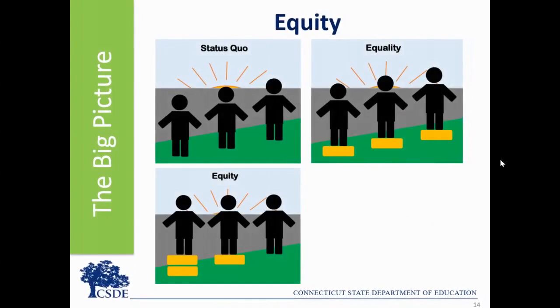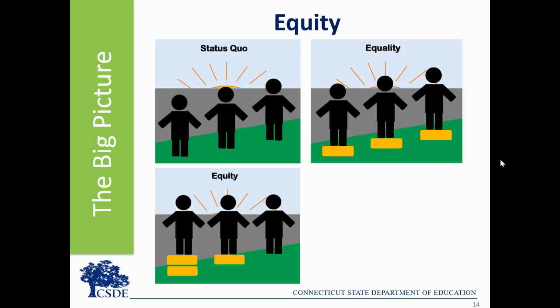An overarching goal of this work is to achieve equity. This picture helps us understand equity. With the status quo, some have access, others don't because the gray fence is blocking the view. Equality is when we give everyone additional support that's equal, and with that equal support, there are students that soar and others that still cannot see over the fence. With equity, everyone gets the supports they need in order to successfully see the view. They have what they need to be successful.